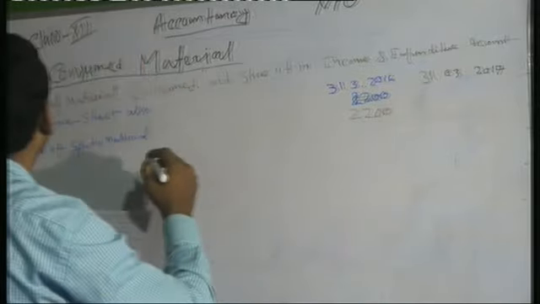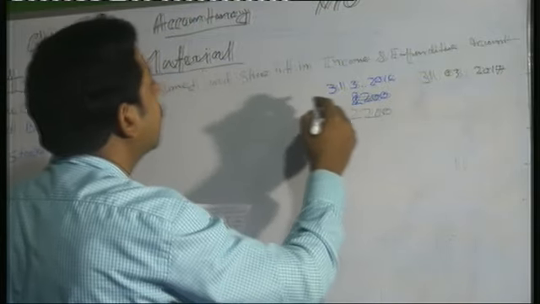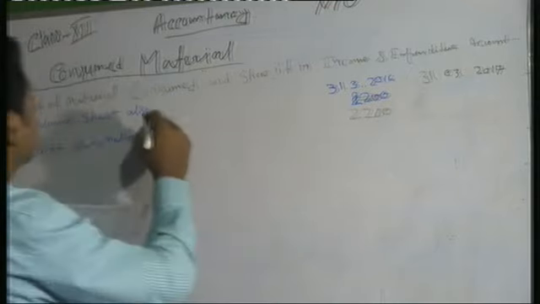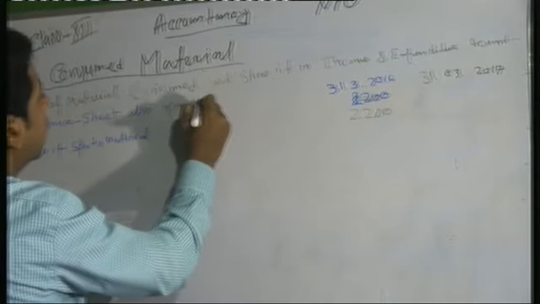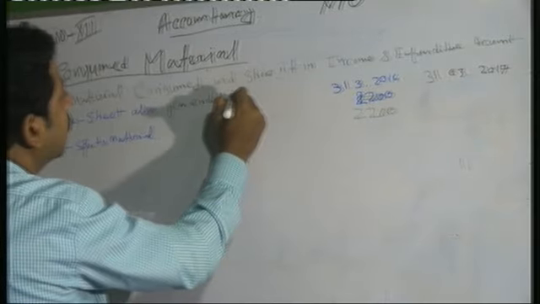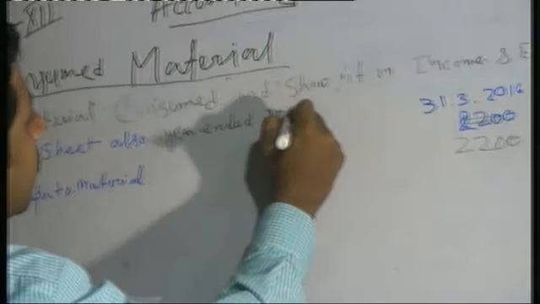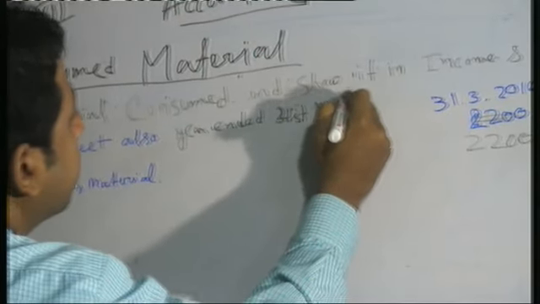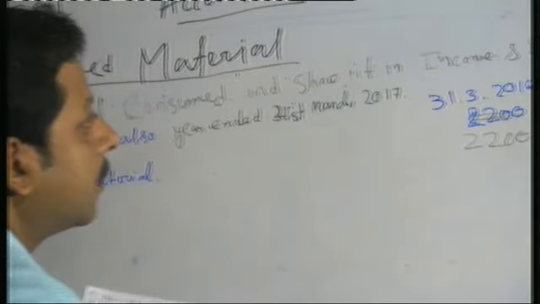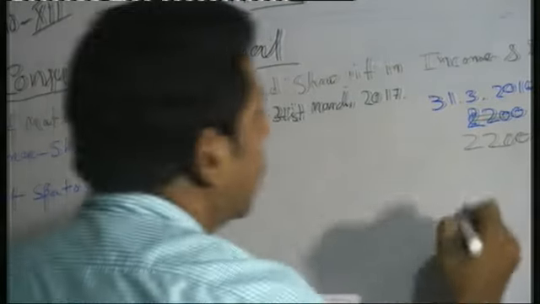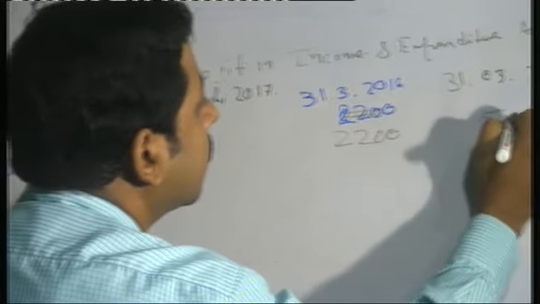Prepare the cost of material consumed and show it in the income and expenditure account and balance sheet also. So the opening balance is 2,200 and the closing balance is